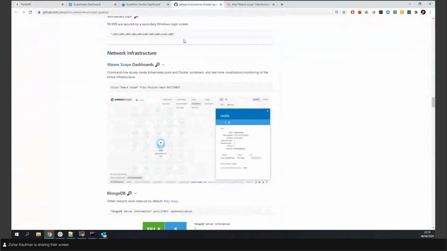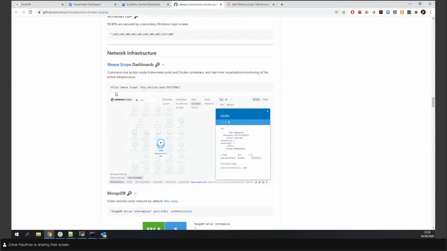Surprisingly easy. So there are sites on GitLab, that you can see here, awesome Shodan queries. So Shodan is a tool on the internet, we will see it in a moment, that scans all the IP addresses and looks for holes. For example, one of such holes, and we talked about dashboards, is the Weave Scope dashboard. Weave Scope is, again, a very powerful dashboard. You can do anything in the cluster with it, if you have access to it. And surprisingly, there are lots of Kubernetes clusters that have the Weave Scope dashboard on them, and they are open to the